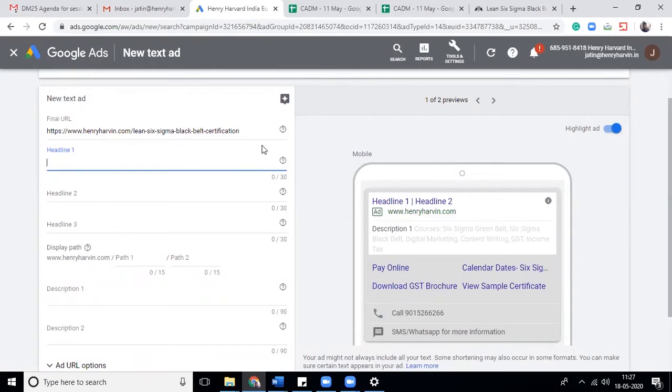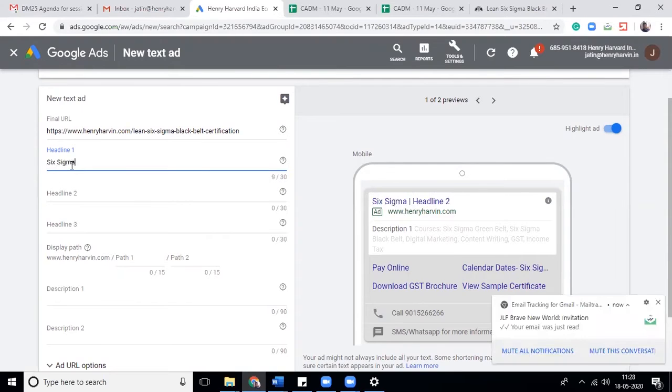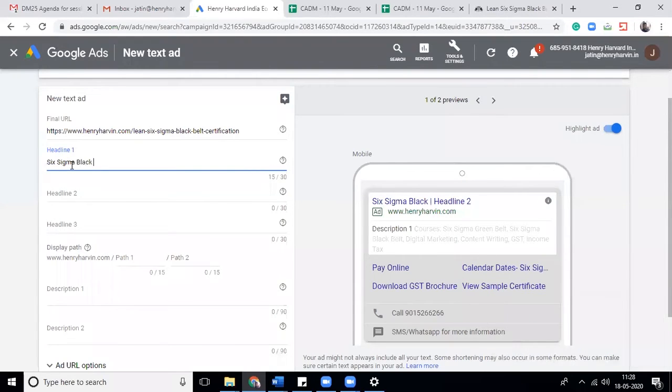The first headline is used for the product name or what the user is looking for. In this case, the user is looking for a Six Sigma black belt certification. So what I will do is I will type Six Sigma black belt. Oh, I missed black belt.